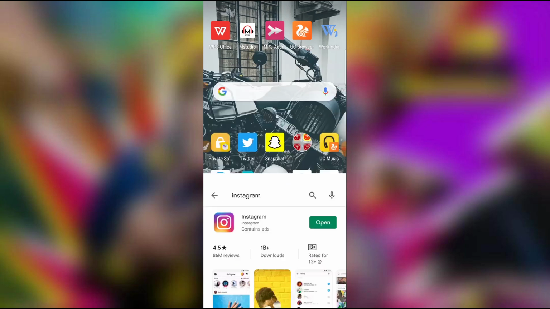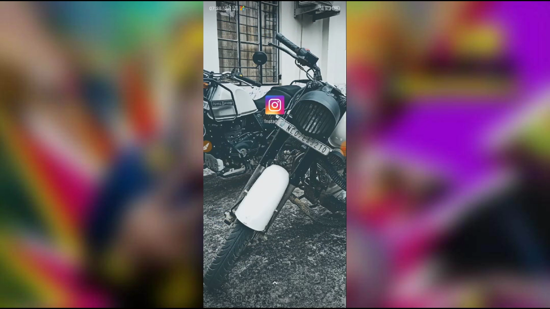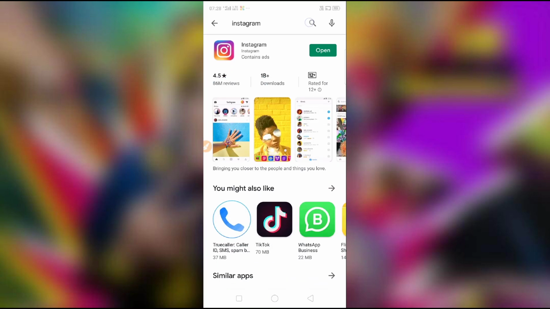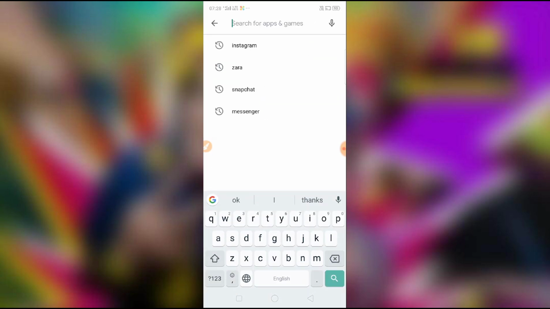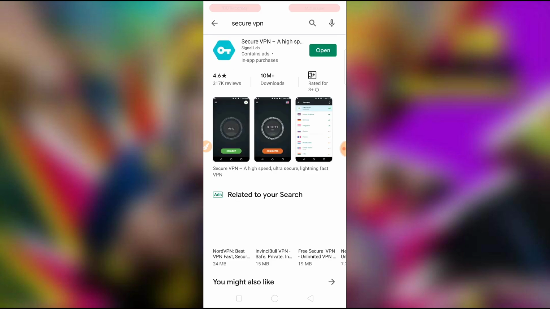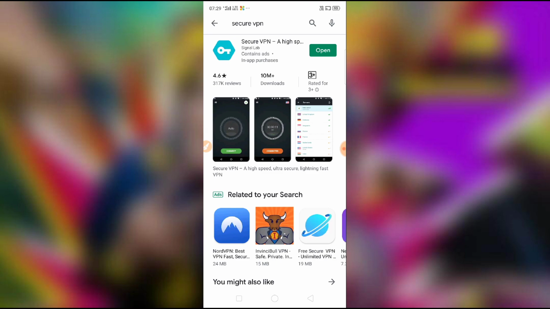And guys, after doing this, if you are not getting the feature, if the problem doesn't work, then what you have to do is, you have to download a VPN from Google Play Store. You have to search for this VPN. Just search. Here it is, Secure VPN. So you have to download this. As I've already downloaded, you have to download this and just